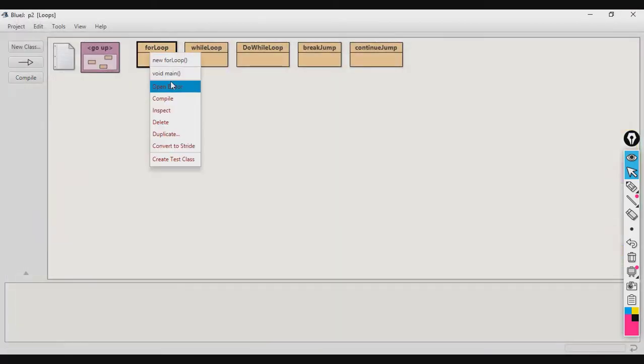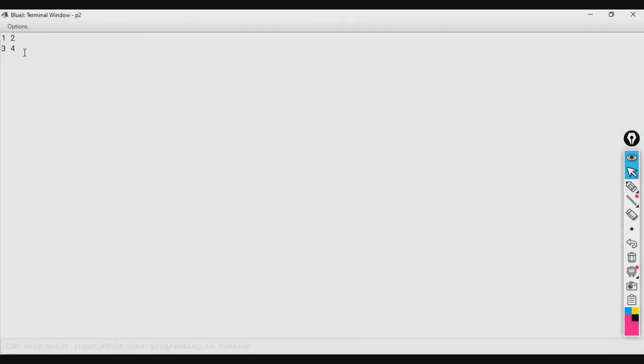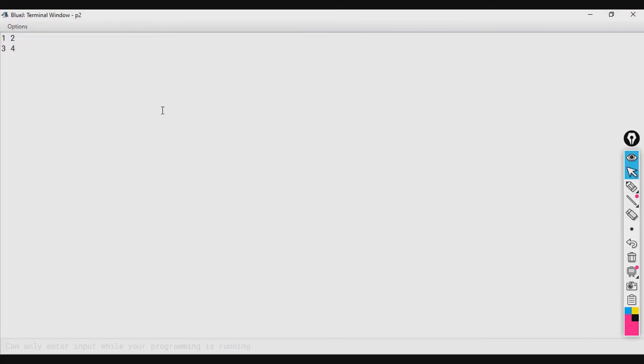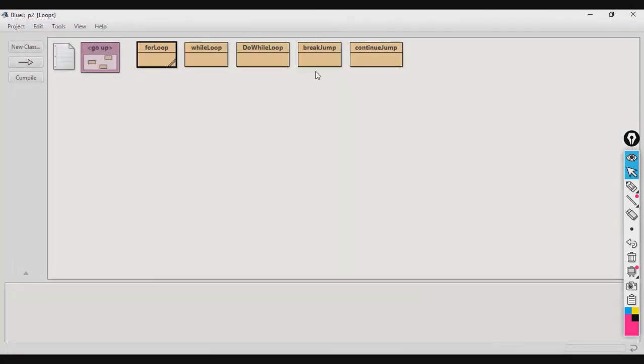So, let us have a look. You can see the loop is executing only 2 times, okay. I is being printed as 1 and 3 and j is printing as 2 and 4. So, j will not go above 5. That is why the loop has executed only 2 times and this is the output 1, 2, 3, 4. Okay.